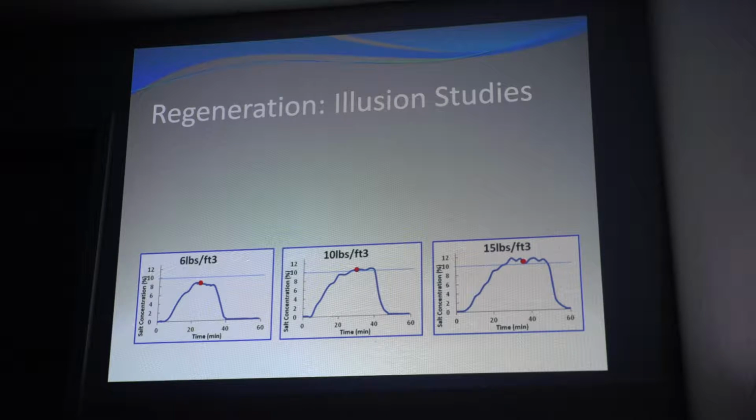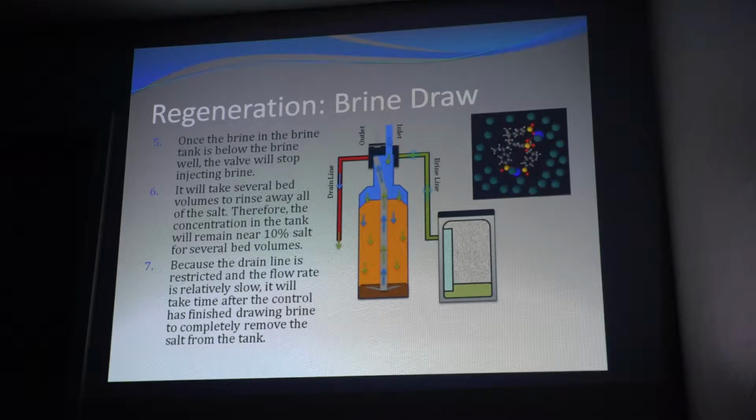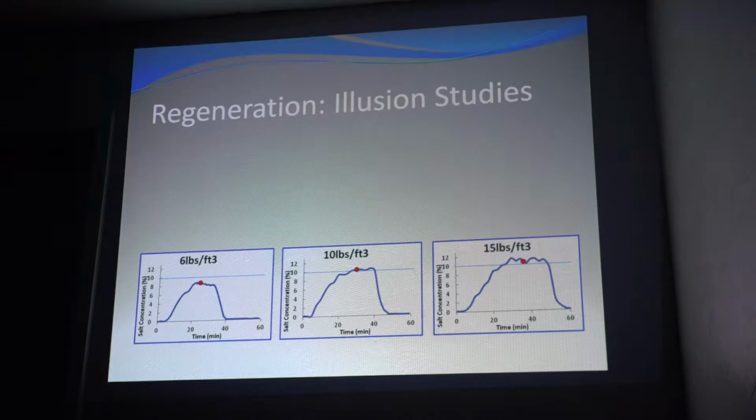Well explained. So now, here we go to the previous one. Because the drain line is restricted and the flow rate is relatively slow, it will take time after the control has finished drawing brine to completely remove the salt from the tank. That's why it continues to rinse for an extended period of time. But now,